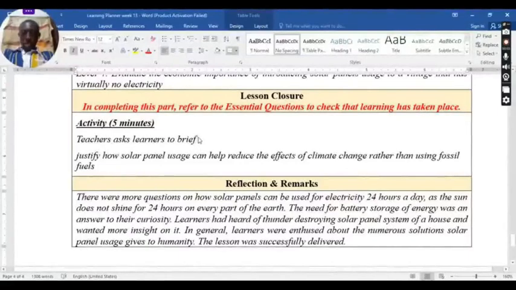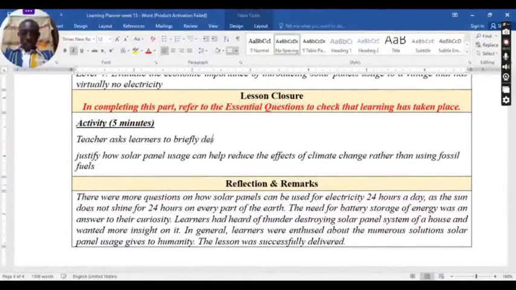Right, so lesson closure. Let's finish it up. Teacher asks learners to briefly describe how solar panels convert